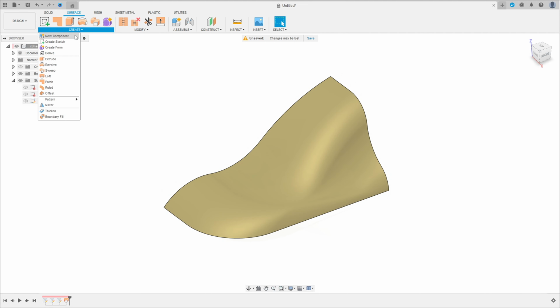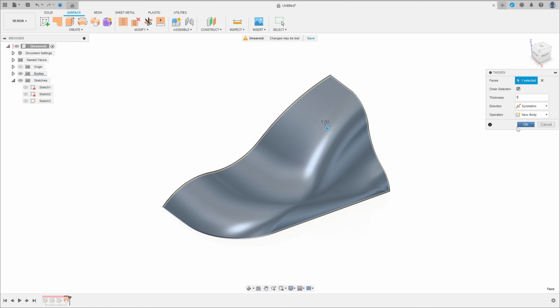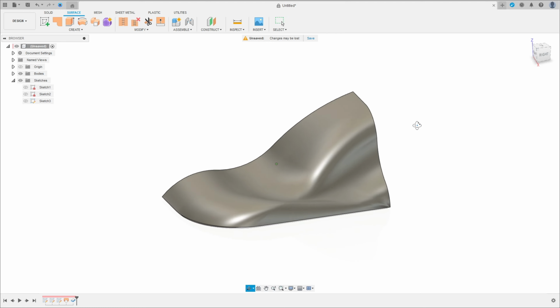Now go to create and select thicken. Select this face here, the thickness here, the direction symmetric, and the thickness here is 1 millimeters. Operation new body, press OK. Here we finish